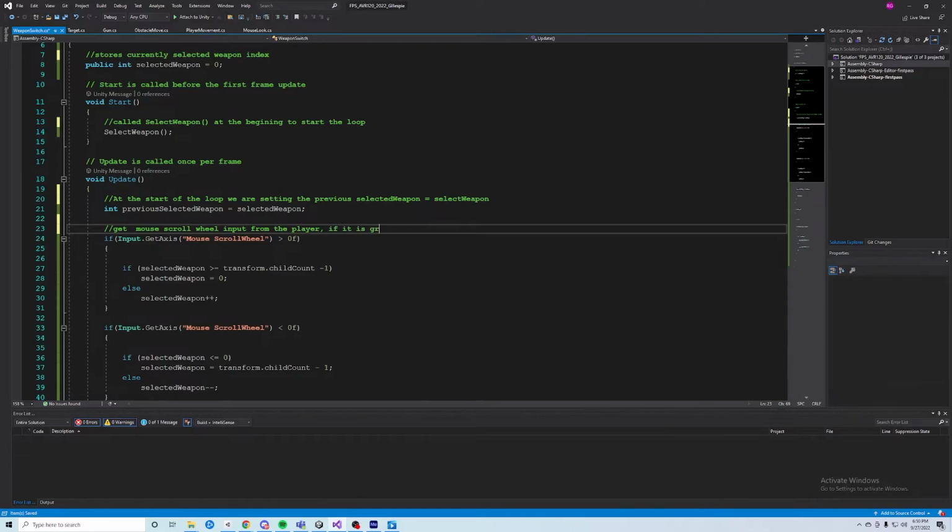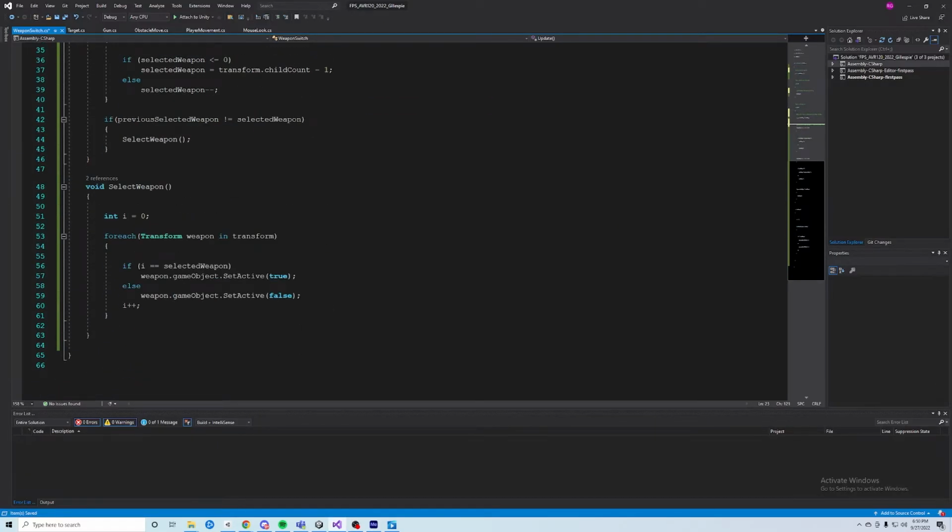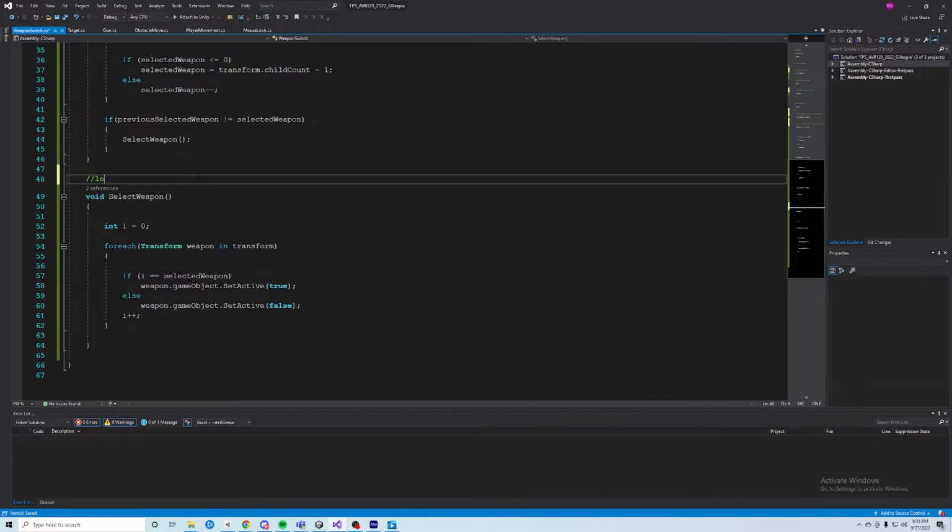If it is greater than 0, increment the selected weapon variable. And if we scroll down, let's actually comment out this select weapon because we wrote that first. So what this method does is it loops